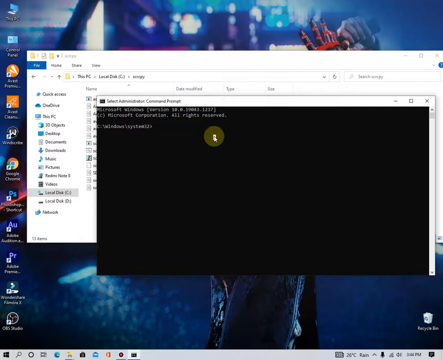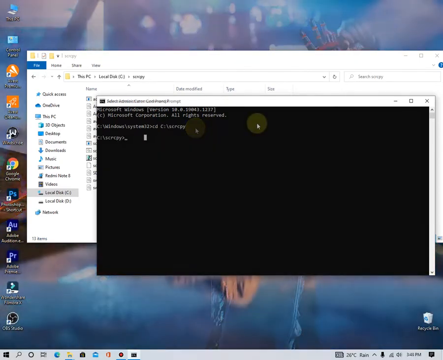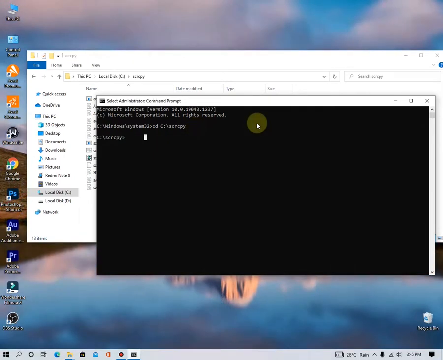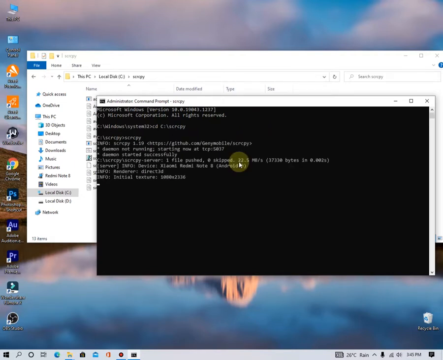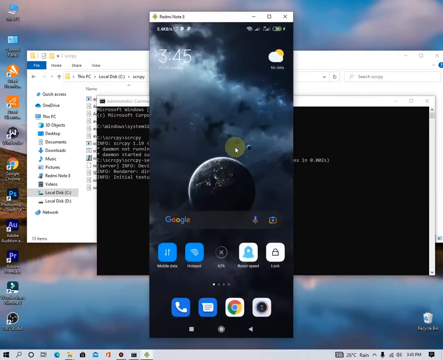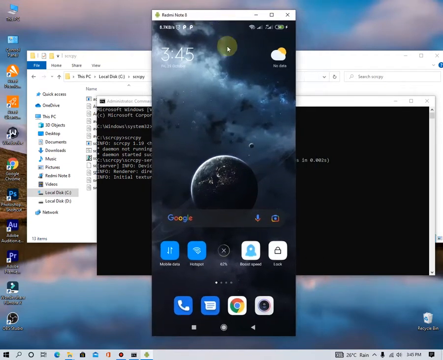Now type cd and paste the location of the screen copy folder. Just paste it. Okay, now hit enter. Now all you need to type is SCRCPY, that's all. Hit enter. Okay, now you can see it's perfectly working and you can see my device screen.